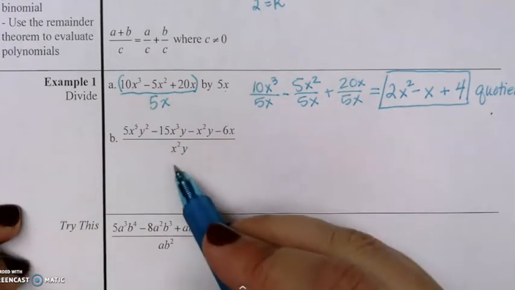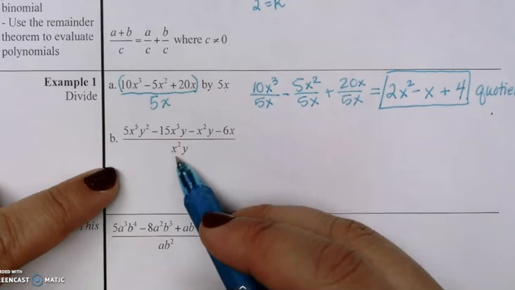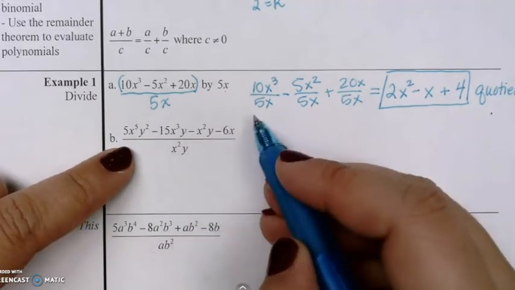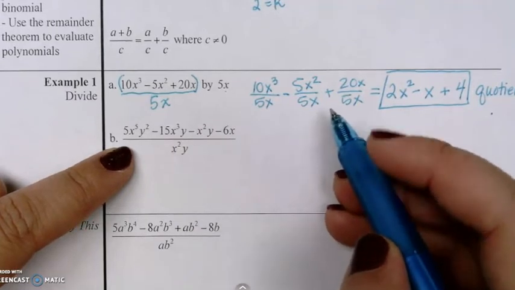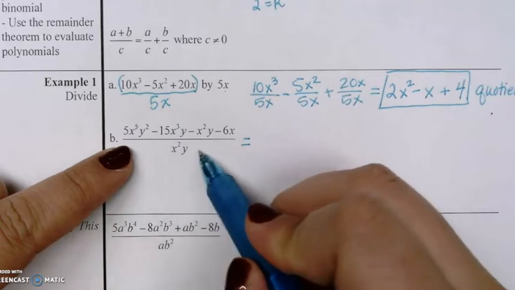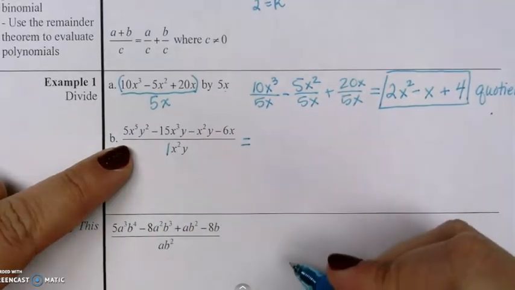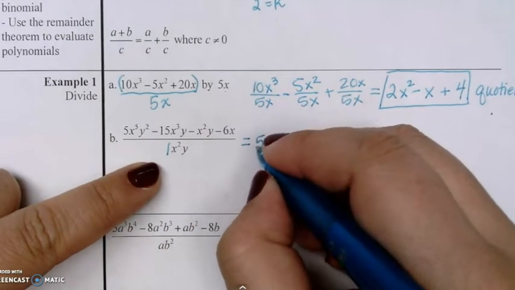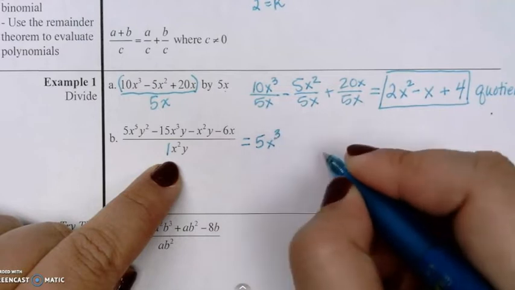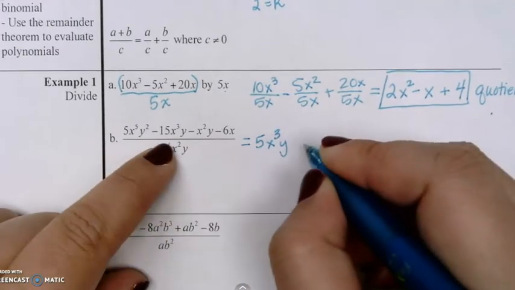Let's look at another example. This one's already set up as division in a fraction form. So what we want to do is divide each term by this denominator. Now you can write it out the way we did up here. I'm going to try doing it without rewriting it. So I'm looking at my first term divided by x squared y, and we can think about this as a 1x squared y. 5 divided by 1 is 5. X to the 5th divided by x squared is x cubed. Y squared divided by y is y,